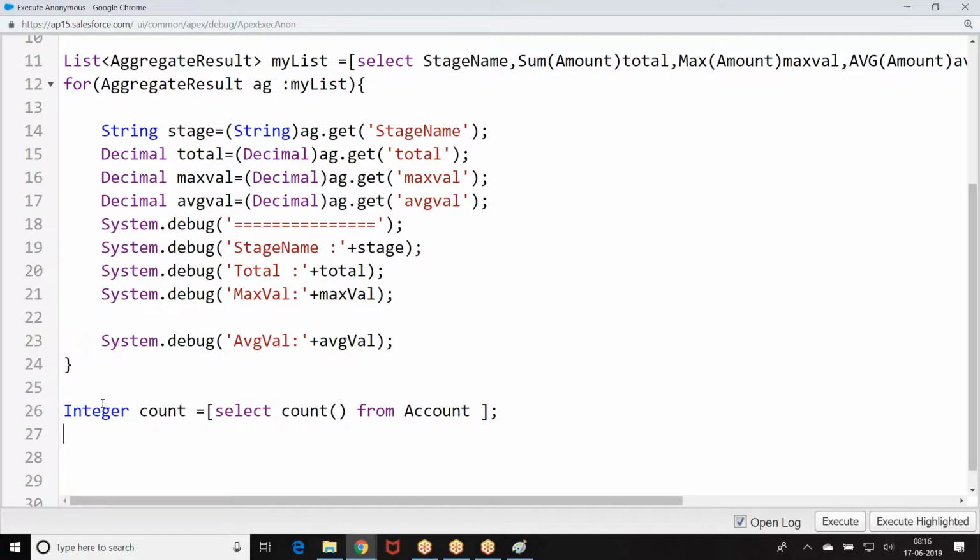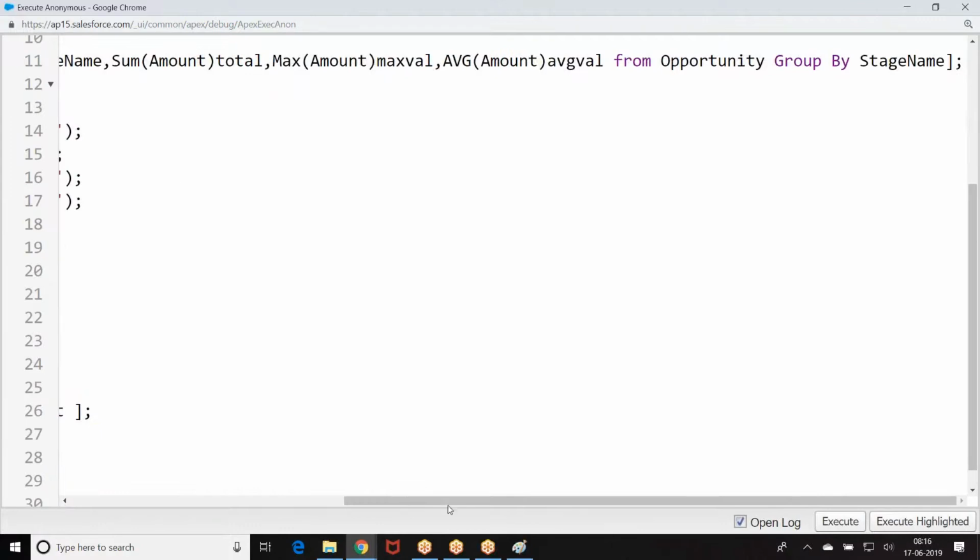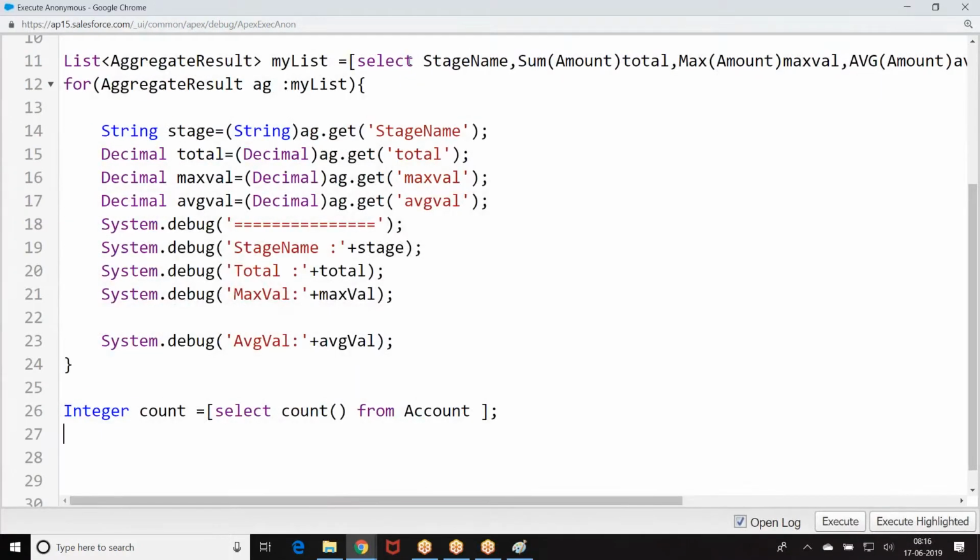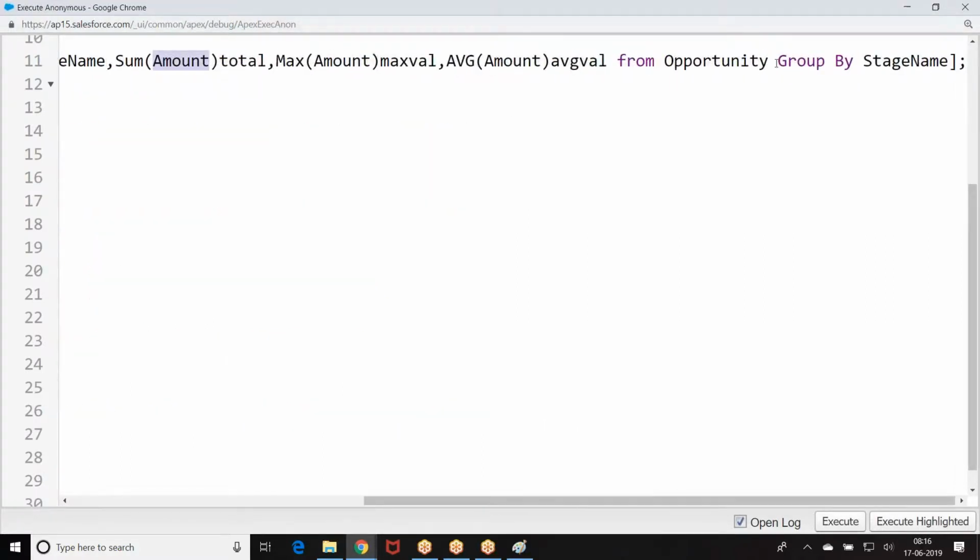Any SQL query with an aggregate function will give you an aggregate result. Now, can I fetch every field? You cannot write a query to fetch whatever field you want. If I apply a name, this name should be part of an aggregate function or part of group by.